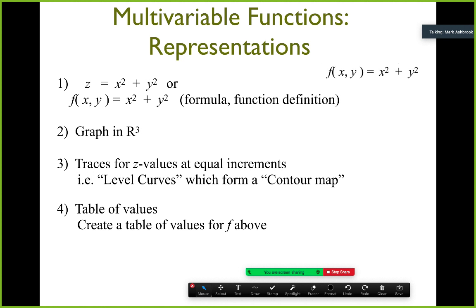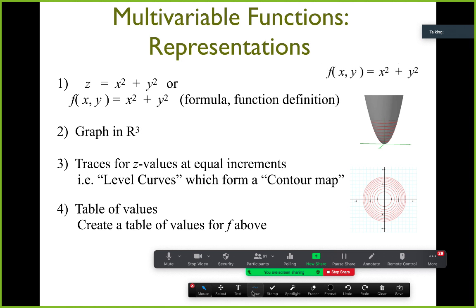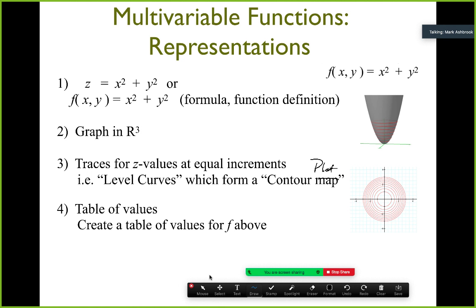That's right here on the right. F of xy equals x squared plus y squared is an example, right? The graph in R3, in this case, for that example, is the paraboloid. Traces of the z values, the level curves, gives you that representation, a contour plot. And finally,